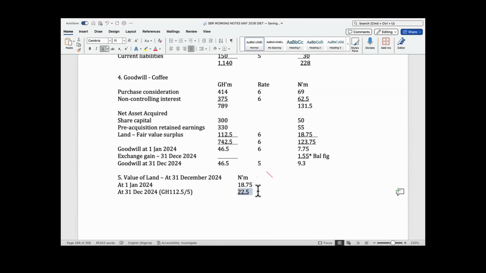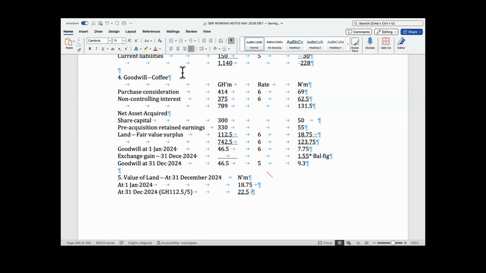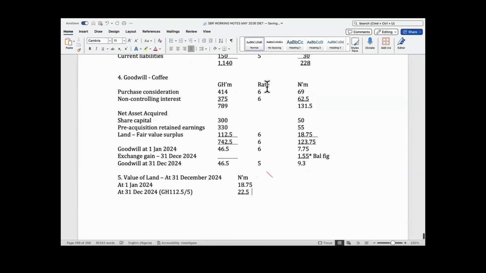So the value has gone up. So you see, this is the one that will show, as far as I'm concerned, in my SOFP as what I will consolidate for that foreign sub. But there is an exchange gain